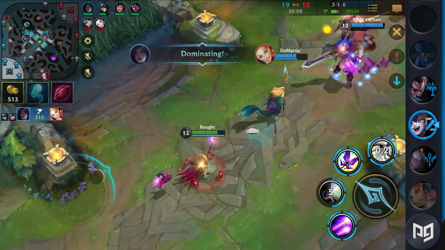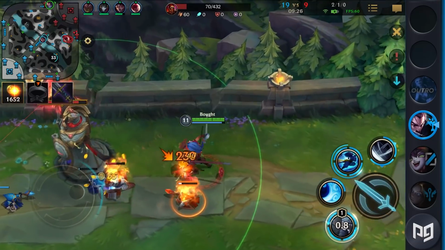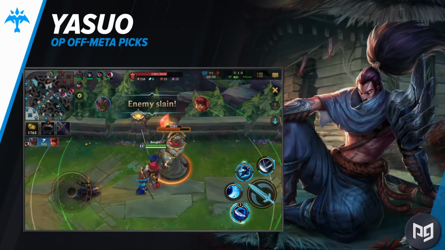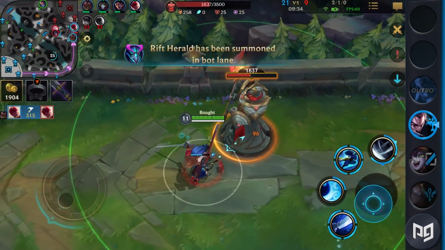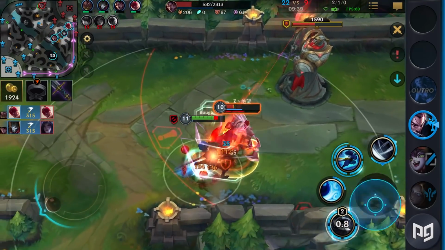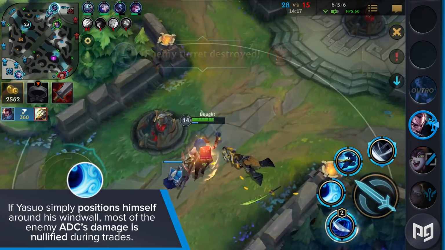To finish the list off, we have the infamous Wind Samurai himself, Yasuo. Yasuo's kit works surprisingly well as an ADC despite lacking the range and kiting abilities of most dragon laners. Thanks to Yasuo's Wind Wall, which denies all projectile attacks, he trades quite well in a dual lane. Since ADCs are ranged, if Yasuo simply positions himself around his Wind Wall, most of the enemy ADC's damage is